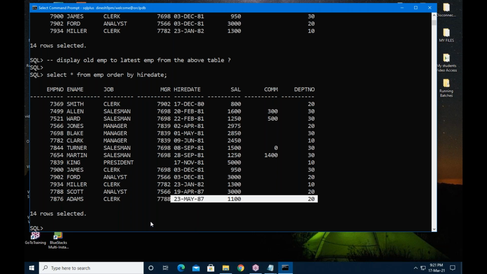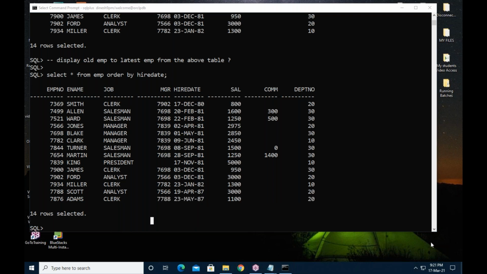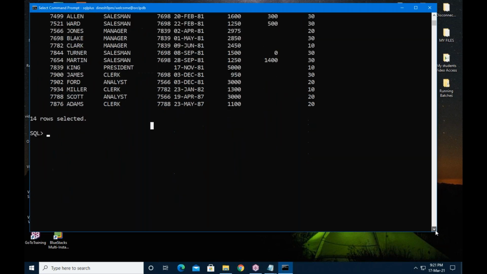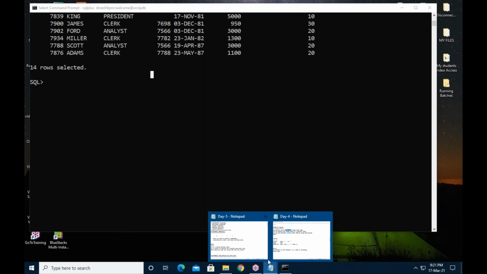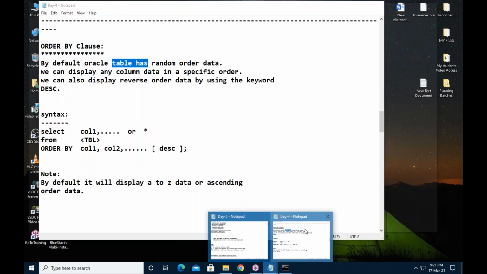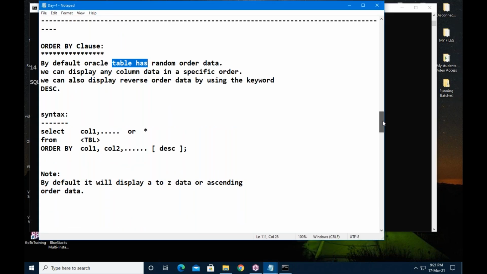Now, next one. I hope you understand, guys, how to apply the order by clause on multiple columns.